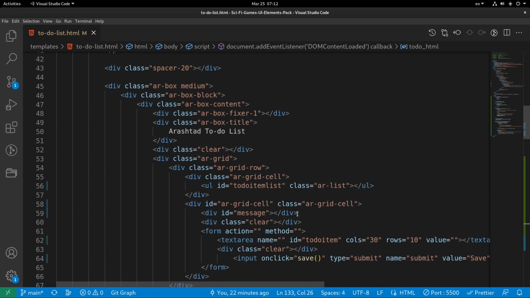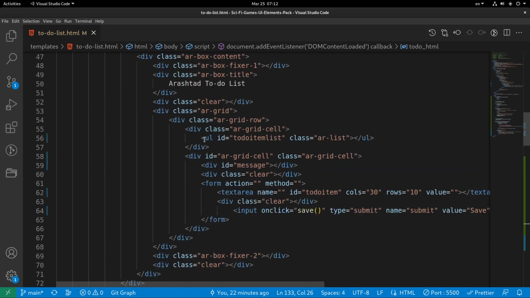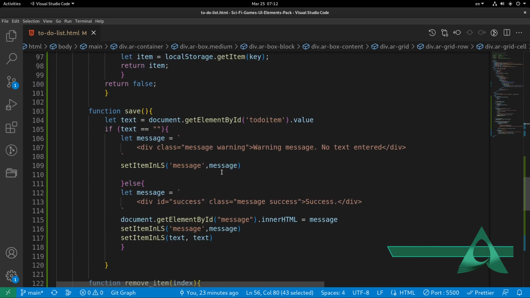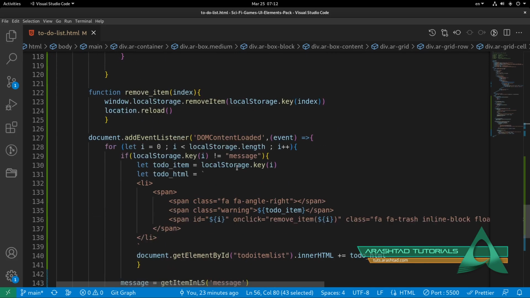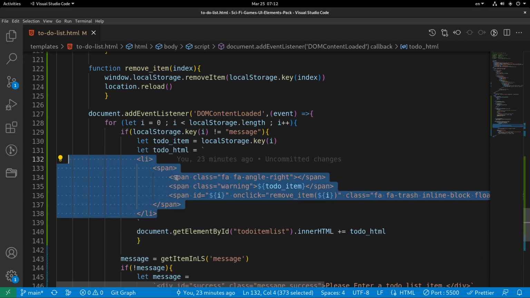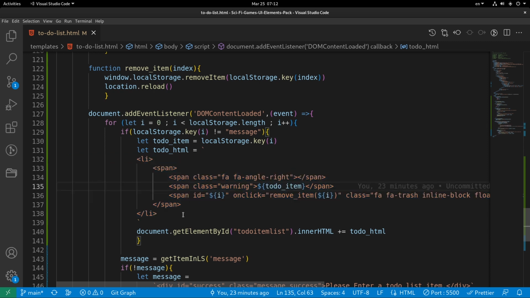It was somewhere around here. I will show you. Oh, there it is. And it will add the list, unordered list to this to-do list items. So it will add the li tag like this, a span, and then class warning, and then to-do item, right? So it will get the to-do item, and using backticks, it will add the to-do item inside of the HTML code. It will also add the remove